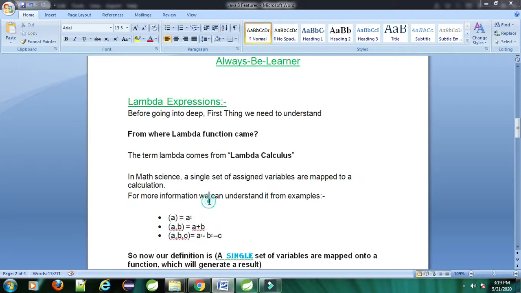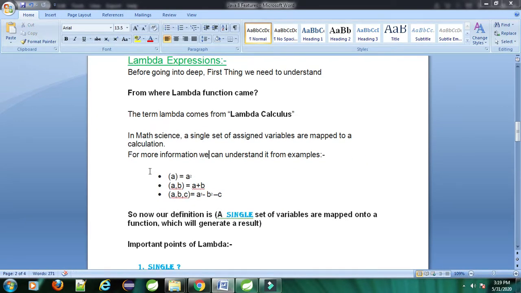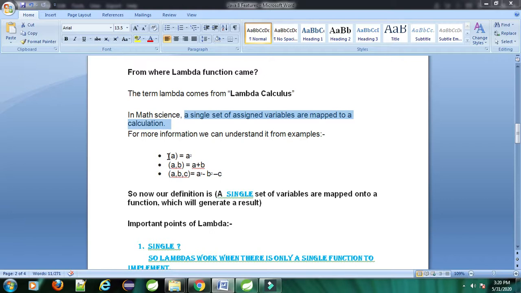As you can see on my screen, I have written some formulas. A single set of assigned variables are mapped to a calculation: a equal to a square, a comma b equal to a plus b, a b c, a cube, a raised to power 2 and minus c, some kind of calculations.